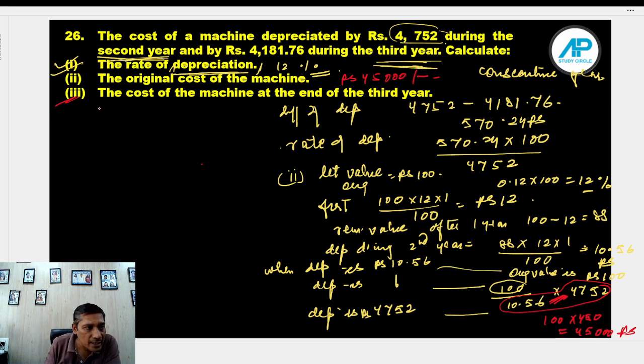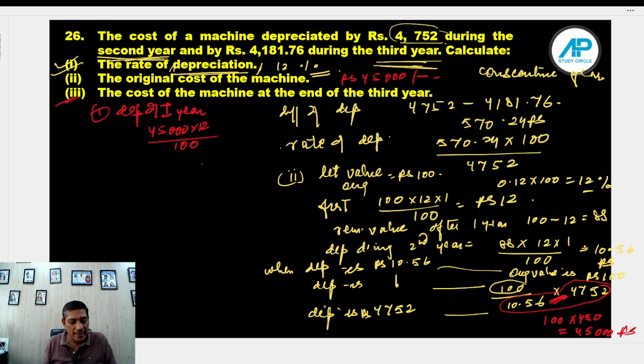So what I'm doing here is that I am finding the depreciation of the first year, 45,000 into 12 upon 100, because the rate is 12%, so it is 5,400 rupees. So for the first year, depreciation is 5,400 rupees. So now the value after 3 years,